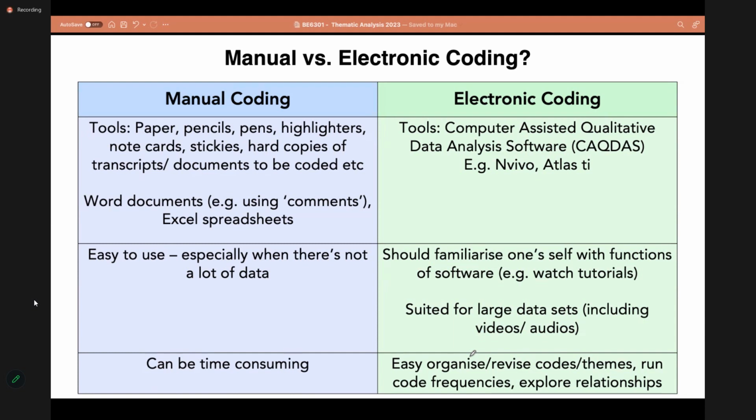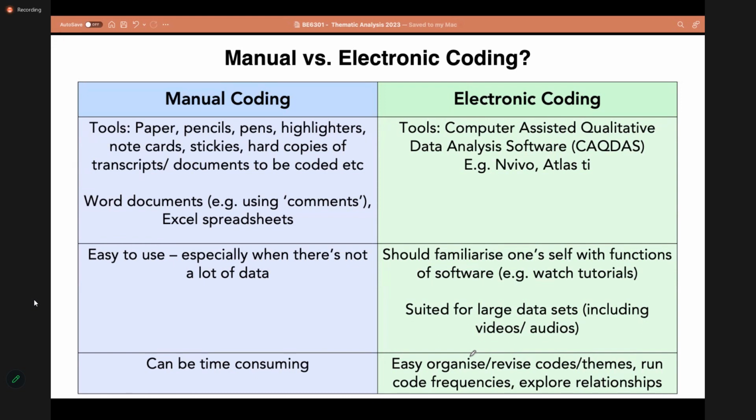But the advantage is that once you start the process, organizing your data, doing the coding, revising codes, changing anything, coming up with patterns, automatically checking the frequencies, those things would be easier and more efficient. Whereas if you're trying to do them manually, those things might take time.